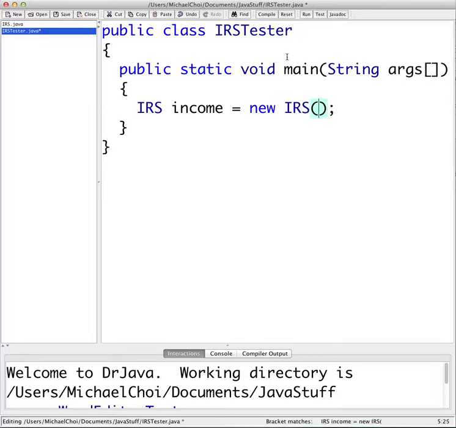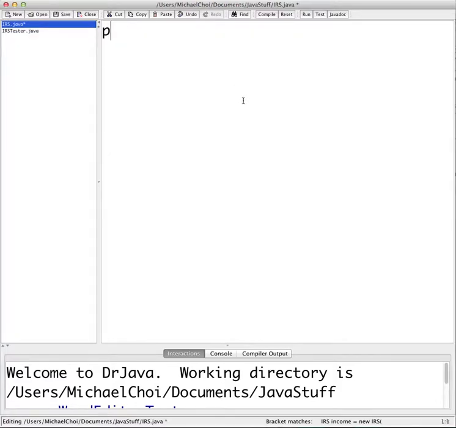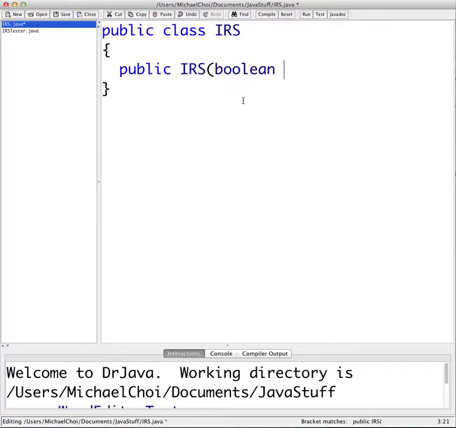And like I said, I'm going to be skipping a lot of this, and to be honest, I haven't done a test run of this so far, if you guys know what I mean. So what we're going to do is create the IRS class, and we're going to be making a constructor, public IRS. You're supposed to be using java.util, like Scanner and everything, but if you're able to do the previous assignments, you should be able to do this no problem. Anyways, what we're going to do is set the first value to boolean is married,